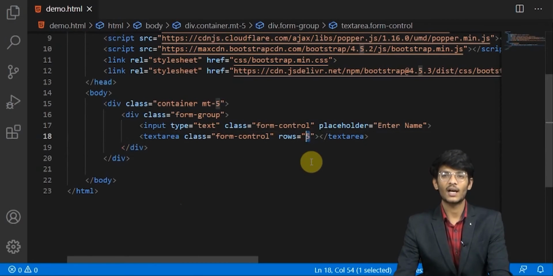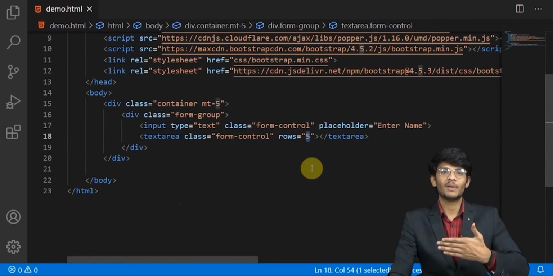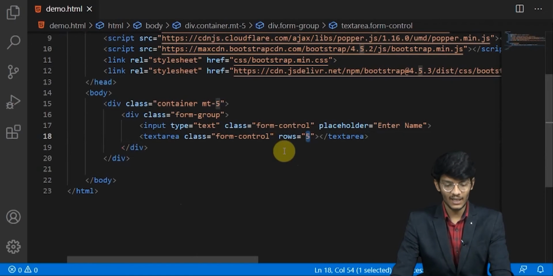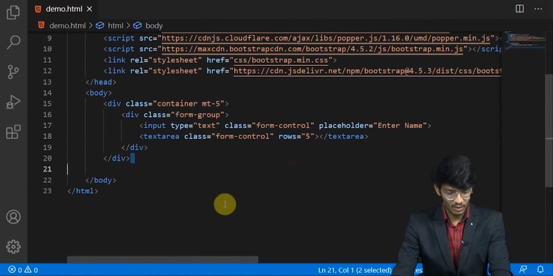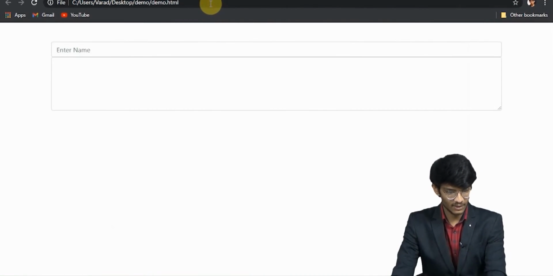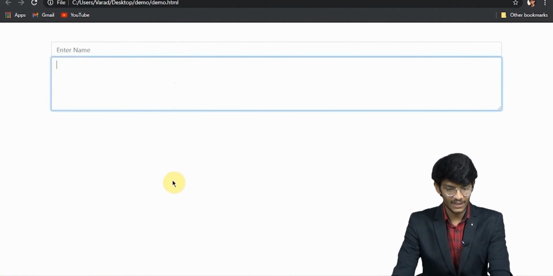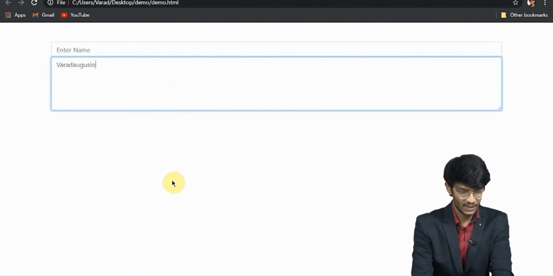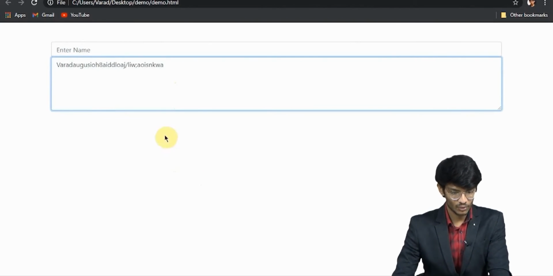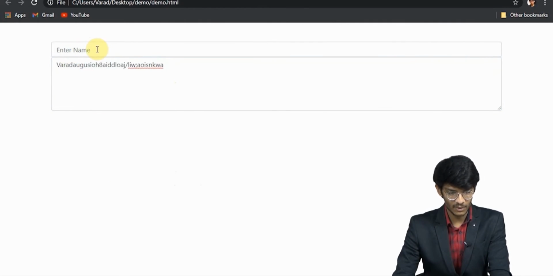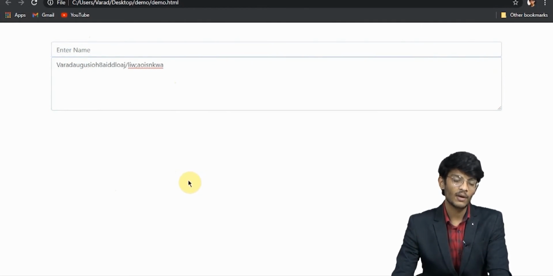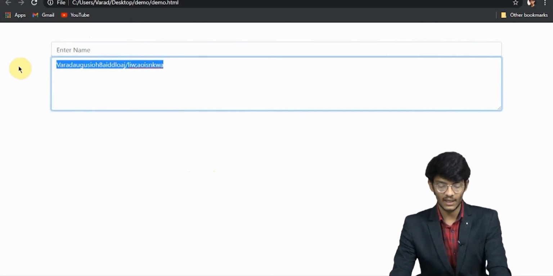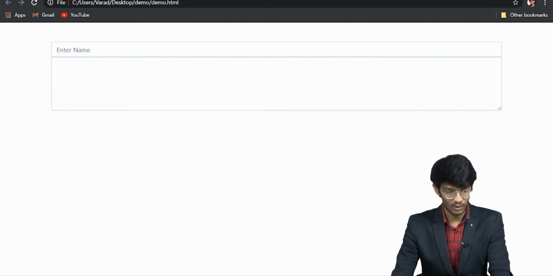Rows define how much row space that particular text area will take. Now let's refresh this and we got a text area. We can write as much as we want. This is the span of 5 rows which you can see. You can clearly see the difference between input and text area. Text area can contain as many rows as you want.